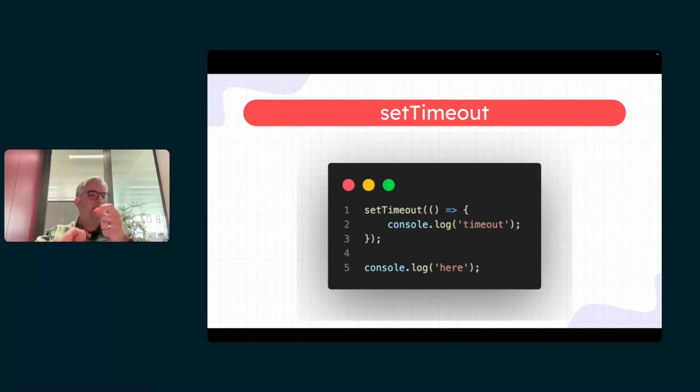So swapping the places is not going to change anything. Why? Because the thing that we just talked about, going to the Web API, passing the duration, going to the queue and being pushed into the call stack, happens whenever the call stack is empty. So if we are running lines 1 through 5, it's not going to take a look at line 2.